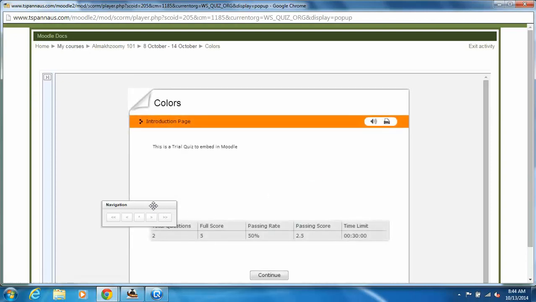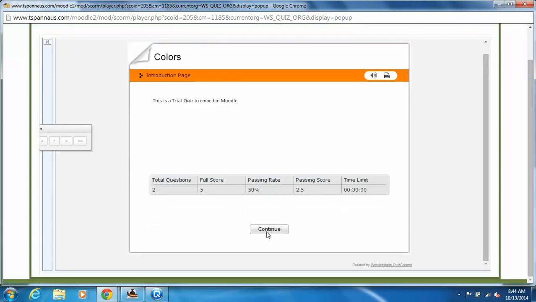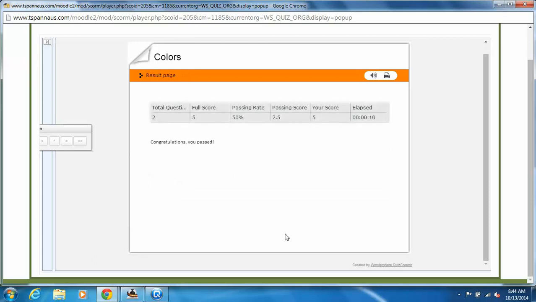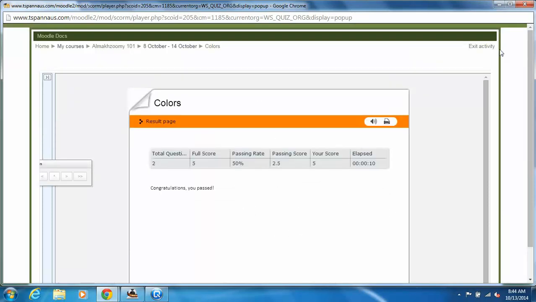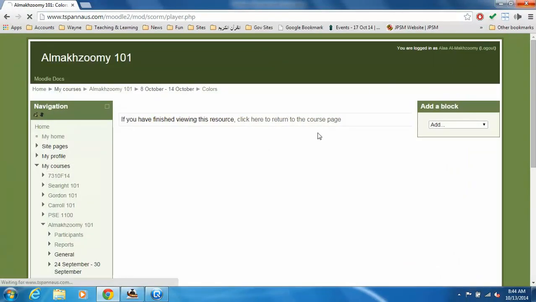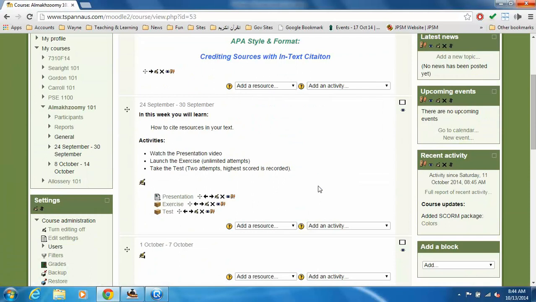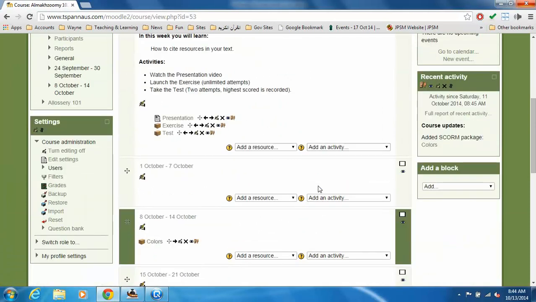The window is maximized and the navigation buttons are again displayed. We just take them away and continue the quiz. Because we took it once, it's going to display the result of this activity, and we're not allowed to take it again. So let's try to edit the options of the package again